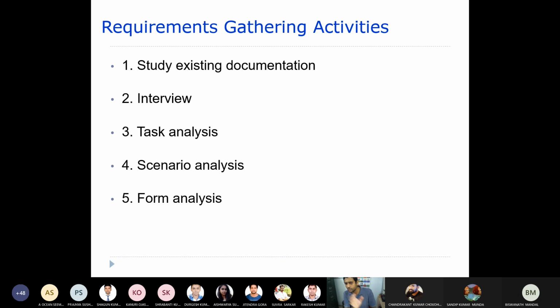Now this is a task. What task? Issuing a book is a task. Based upon that task, you analyze and you gather the requirements accordingly. Now, scenario analysis is very similar to that. Whenever you are going to handle a particular task, there may be various scenario operations involved. In case of issuing a book, what would be the scenario here? One scenario can be like this: the student can successfully issue a book. That means he validated himself, and then the book is successfully issued.